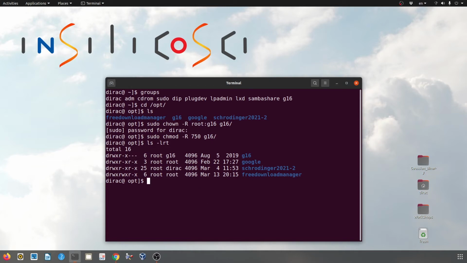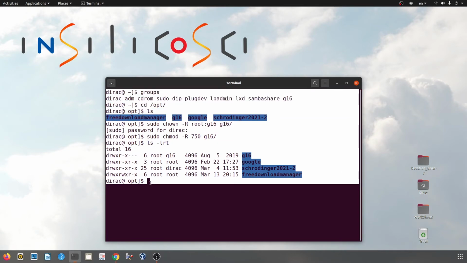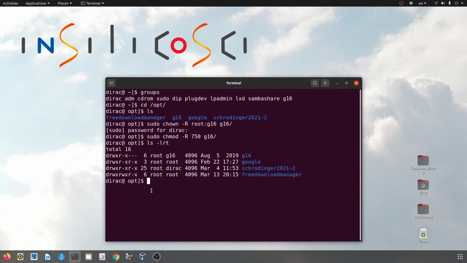And if you don't know what is a shell, this non-graphical interface is a shell. A shell is a program which takes commands from us, interprets commands, and sometimes gives us some outputs. So every time you open a terminal window, you work with the shell.